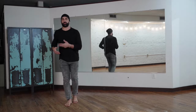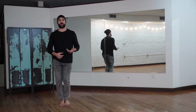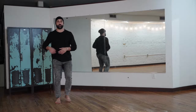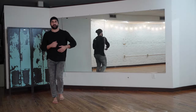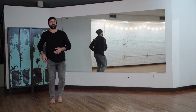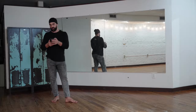So if you take that feel of emphasizing this one and this one, the outs of paso de son, even if you're dancing on tempo, dancing on 1, dancing on 3, if you emphasize that slow step, that's one thing that you can take from son no matter what count you're dancing on. So there we go, we got our contratiempo, and let's talk about